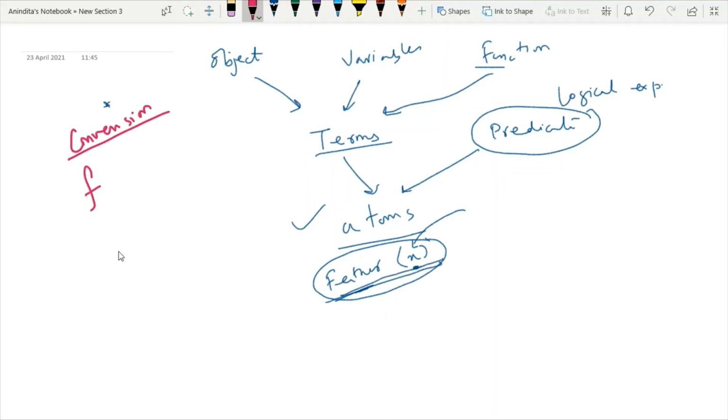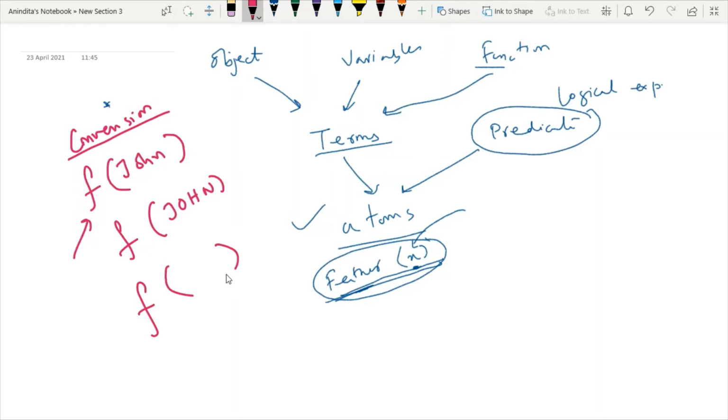The convention is the function name should be in lowercase. However, inside the function, whenever you are writing some object name, you can write it in caps like this, John, and you can also write it in all caps format. So there is no particular rule. But the rule is, whenever you are using any function and the argument of that function is some unspecified object, at that point you have to use a variable. So your variable name must be in lowercase. That is the point.